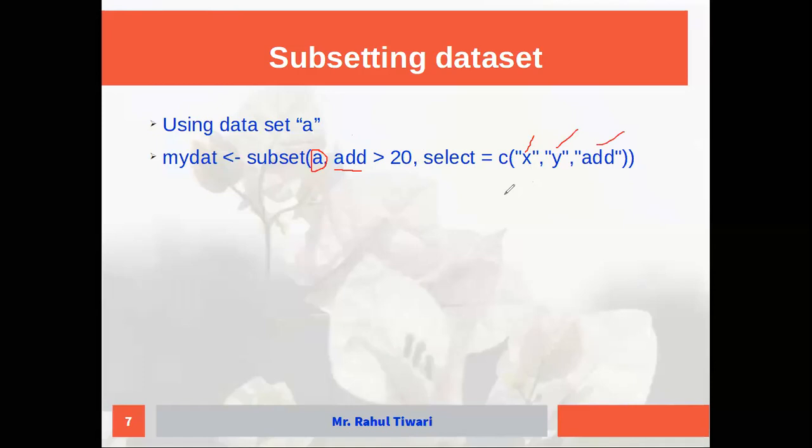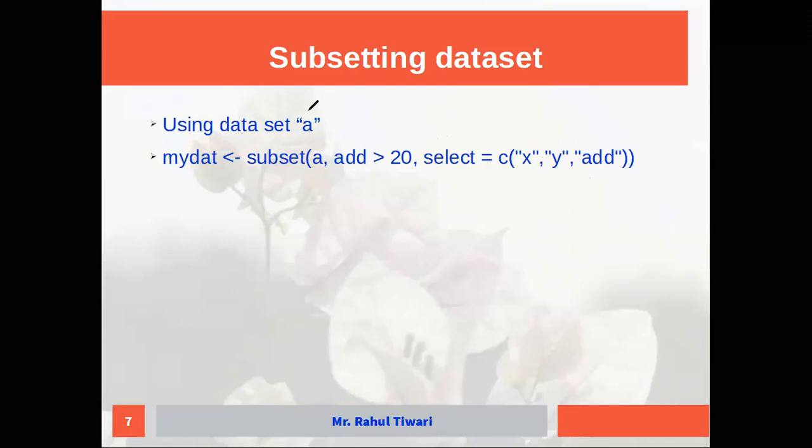If we have 10 columns, and I have written only this much command, it will give me the entire rows and entire columns. But I am interested only in these three variables. So whenever I am interested only in these three variables, we write the command to select these many variables. When we see the demo, you'll understand what it means. So just understand how the coding part can be done.